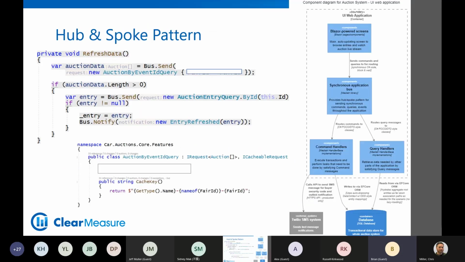Let's move on to hub and spoke. I would say in the 80% case, every Blazor application needs to make use of a hub and spoke pattern. Hub and spoke is an abstraction that basically creates a pinch point so that the user interface of your application, in this case your Blazor components, calls literally the same abstraction to get a request into the rest of your application or into the back end of your application.